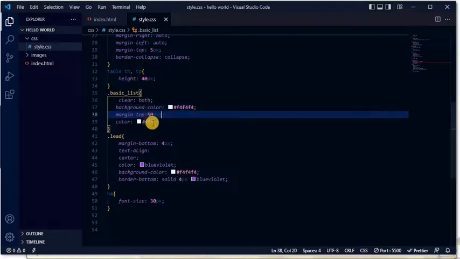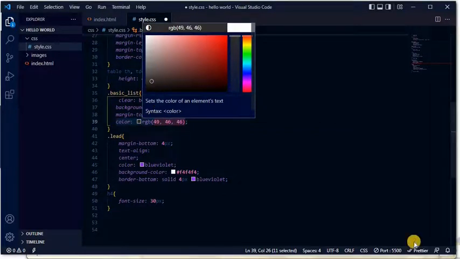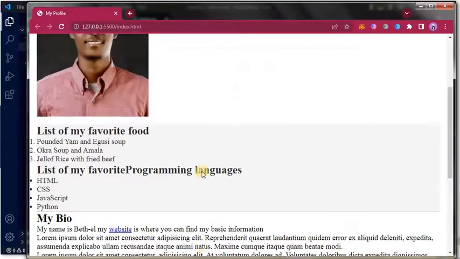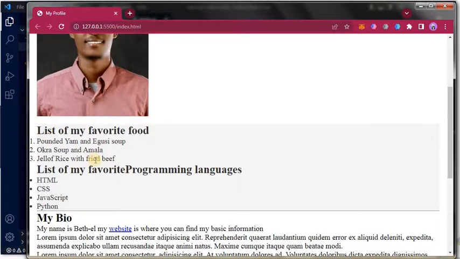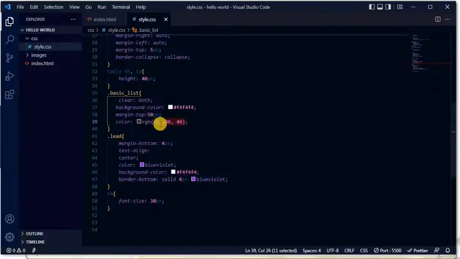So color, let's just make it gray instead of black. This is coming out because of some extensions in VS Code. It's allowing that to come out, so I'll be able to choose colors. So if you notice, these UL tags are outside of our margin. The bullet points and the rest, they kind of did not respect the margin, so they flew outside of the margin. So what we could just do is we could say basic list